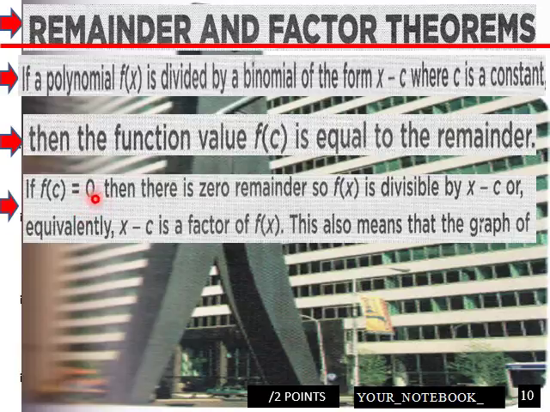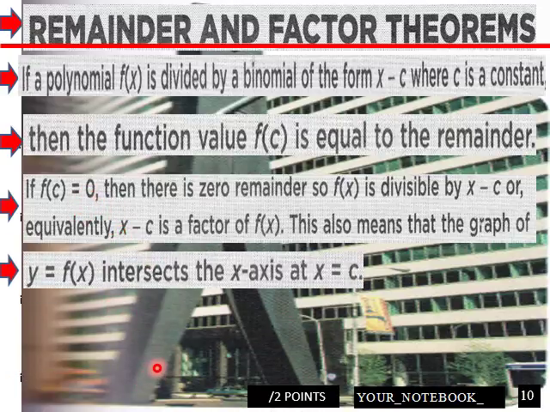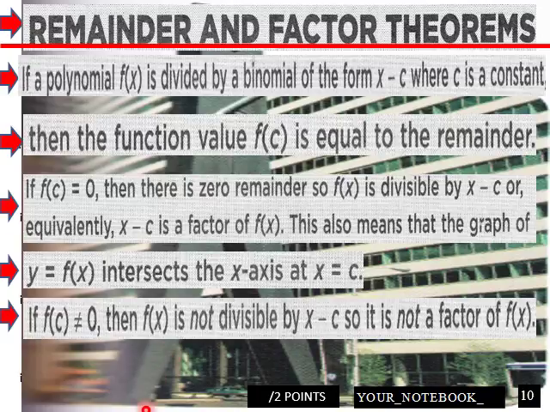If f of c equals 0, then there is a 0 remainder, so f of x is divisible by x minus c, or equivalently x minus c is a factor of f of x. This also means that the graph of y equals f of x intersects the x-axis at x equals c. So it just means using the zero